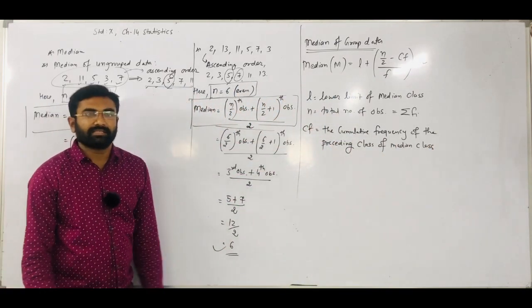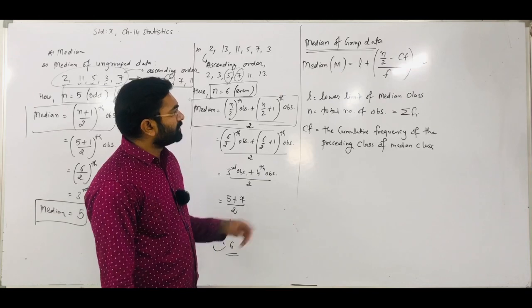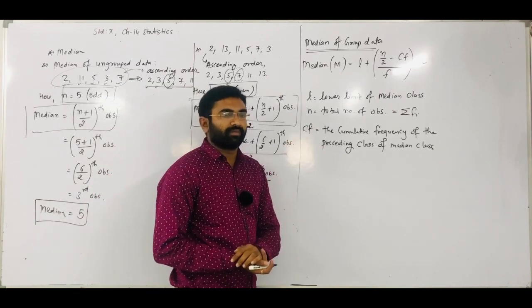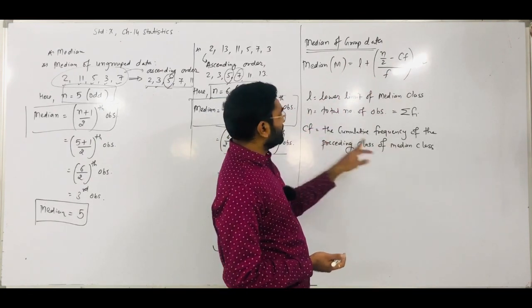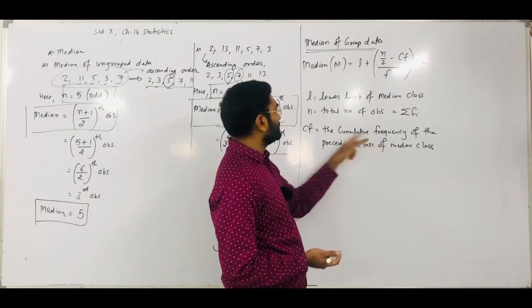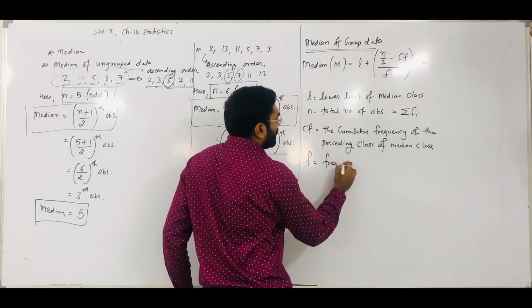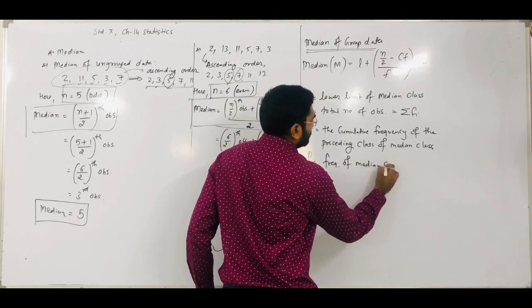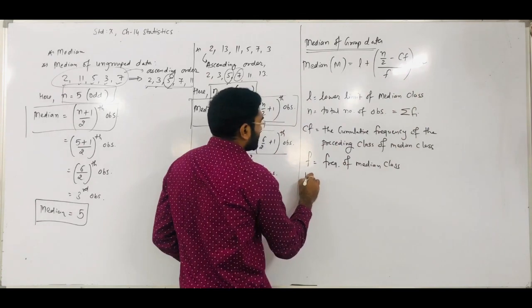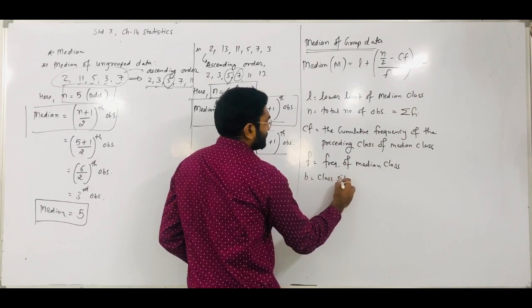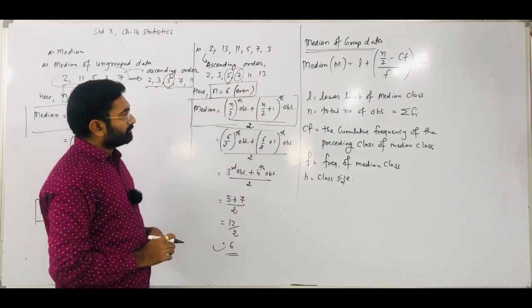That thing we discussed in our exercise, how we can find the cumulative frequency. From the given observations, we can define the cumulative frequency. But remember, in the formula, the CF value represents the median class's preceding class cumulative frequency. Now the F value is the frequency of the median class. And H, as we already discussed in mode, is the class size. So that is the median of group data formula, right?